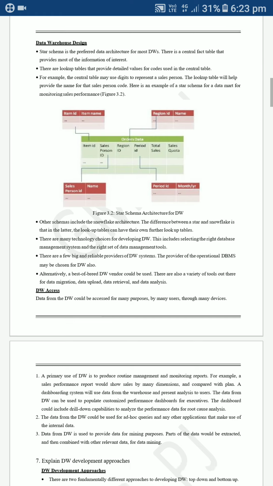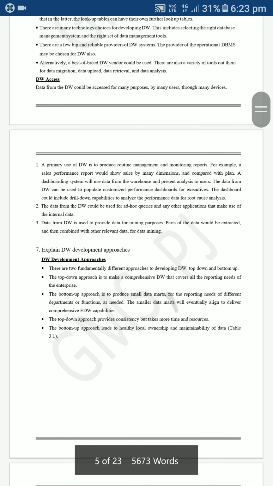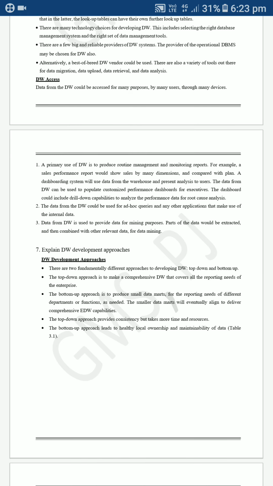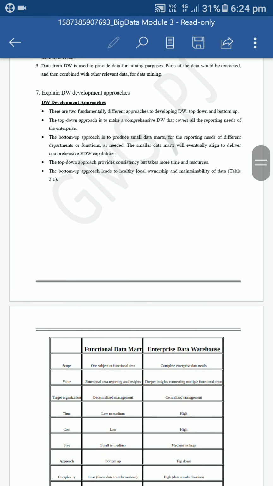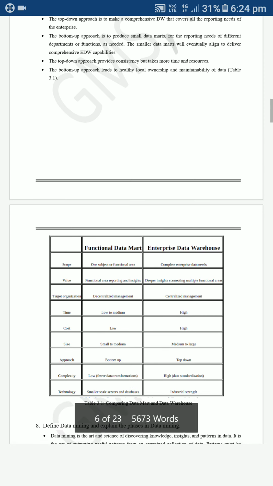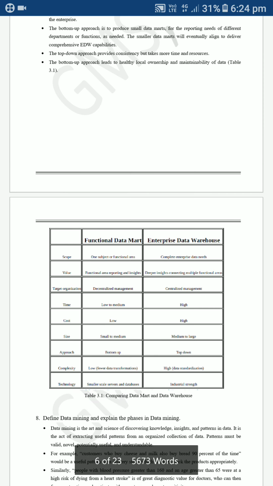And the next one is the data warehousing development approaches. In the development approaches, here we are using the functional data marts as well as the enterprise data marts. He has categorized them: the functional data marts will be using small scale services, and enterprise means large scale, nothing but the industrial persons.